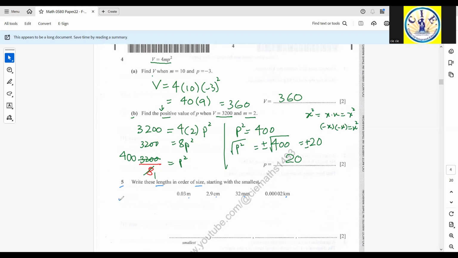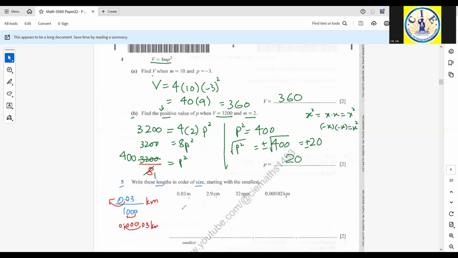First of all, 0.03 meters. When I divide it by 1000, the answer would be converted into kilometers. So there are 3 zeros in the denominator of 0.03. So the decimal is going to shift 3 digits to the left. So 3, then 1, 2, and then another 0, 3. So the decimal is going to shift from here to this position. So the answer is going to be 0.00003